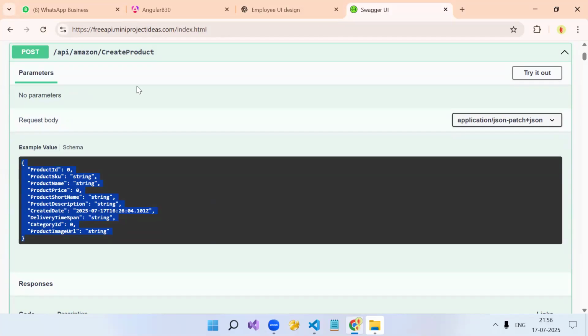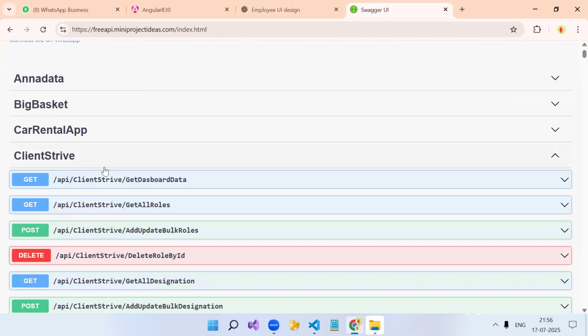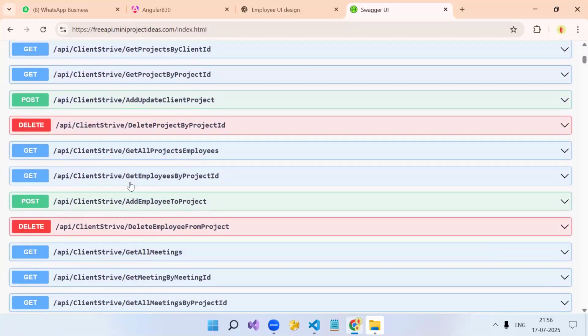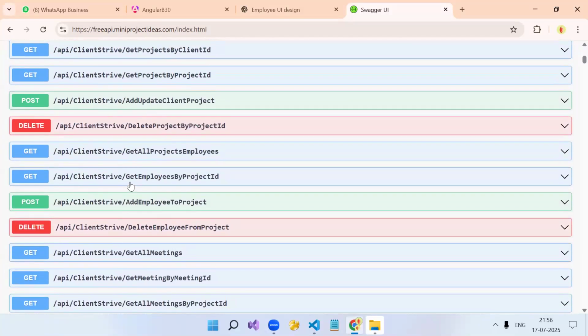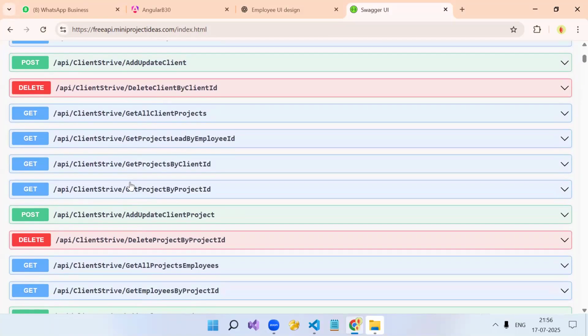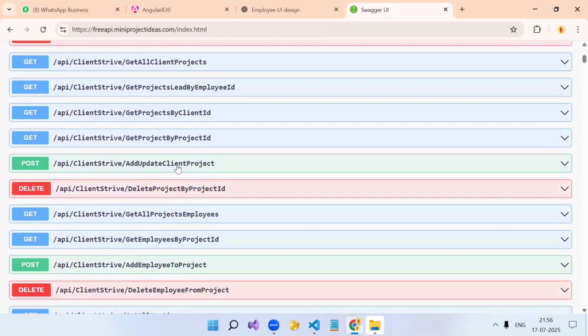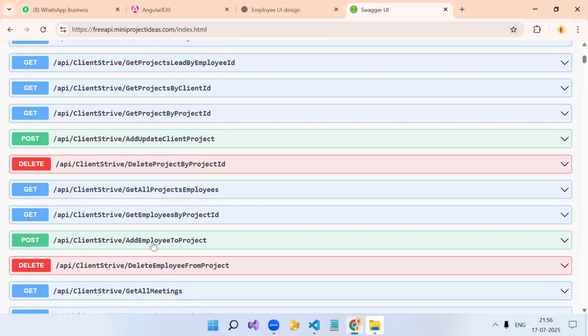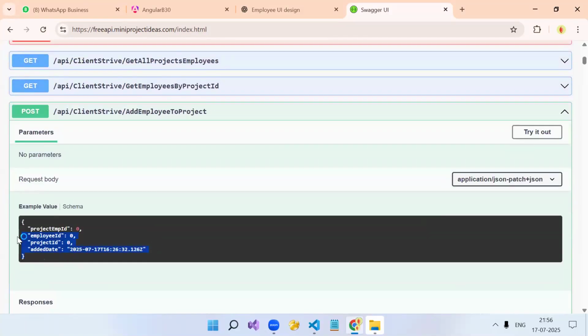Clear, Swarali? Yes, sir. See, in your case, you are working on add project employee, correct? Add employees to the project. Now see, this is your post object. You are going to add an employee to the project, so what you need is employee ID and project ID, and this is your primary key, correct? Employee ID you need, so an employee drop down, and project ID you already have as an input. So you don't need to show this in the form, and you need the added date, a date picker. Employee drop down and one date picker, only 2 things you need in the form.